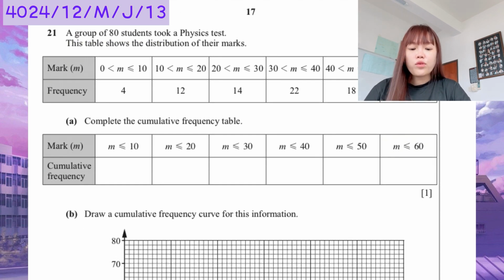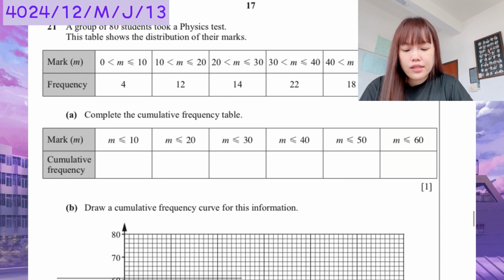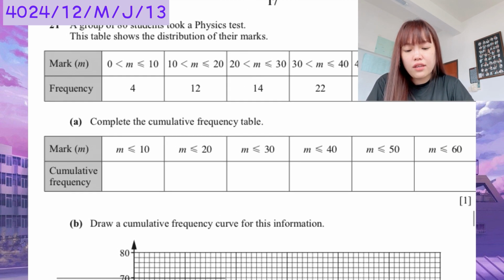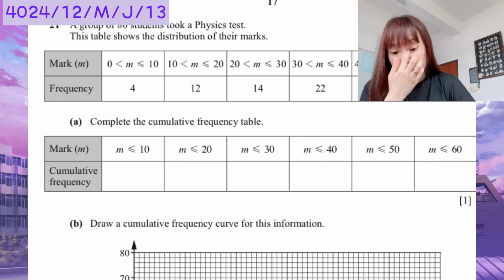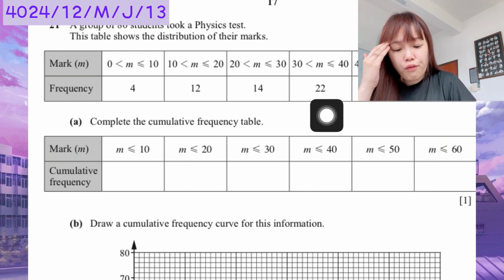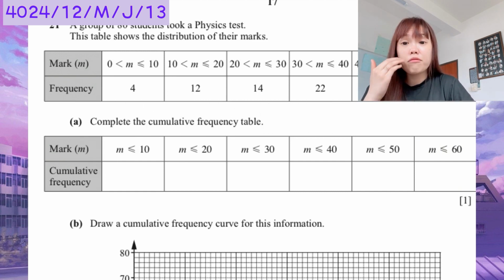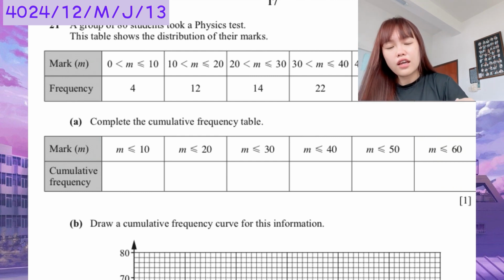Good, question 21. Question 21 is also under statistics, okay? This is under cumulative frequency. Cumulative means accumulate, okay? Accumulate the frequency. So we have a frequency here, 4, 12, 14. Okay, cumulative means we accumulate, right? Okay, if we accumulate,